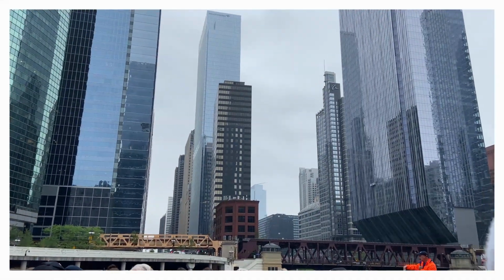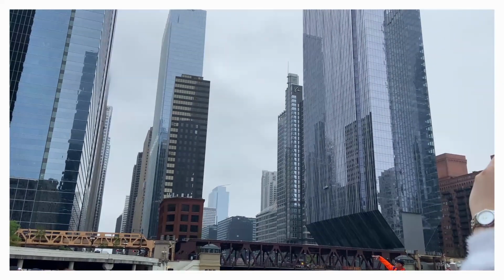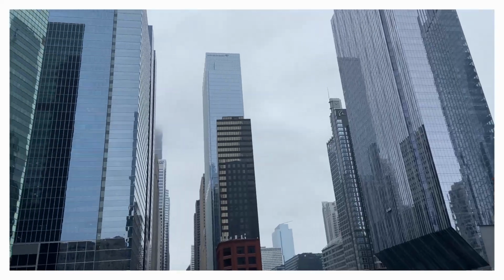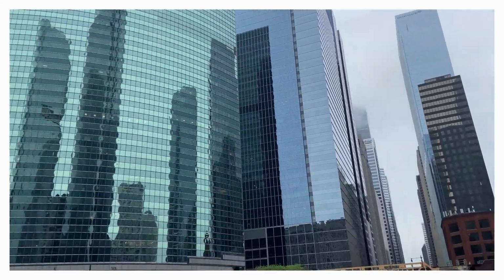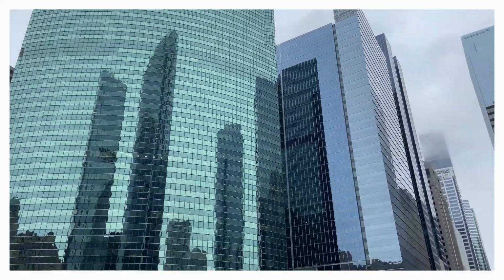That bend is because this is where the river bends and goes south, all right? Also notice the colors of the glass to pick up the greens of the water. If you saw the movie Ferris Bueller's Day Off, that's where his dad worked, okay? Anyway, now,